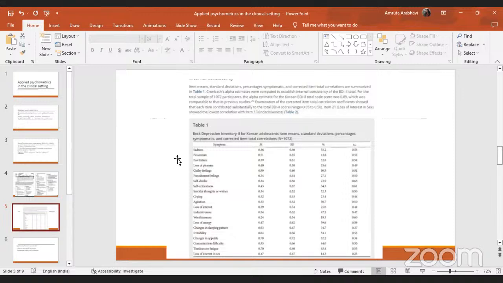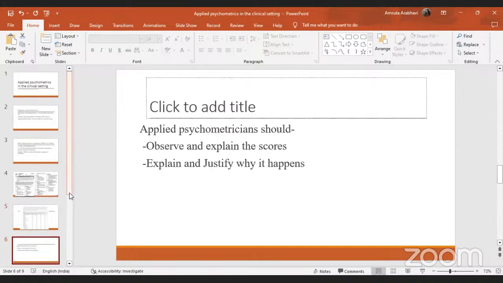Why are we looking at the scores of the scale? Because the applied psychometrician can understand where the mean scores are high or low in the symptoms, and accordingly plan the intervention. It helps understand and explain why the scores are high in a particular symptom or why they are low, where the scores are highest and lowest, and to find out the reasons behind it, to justify why the scores are as they are. Then the mean and SD that we saw. After that,